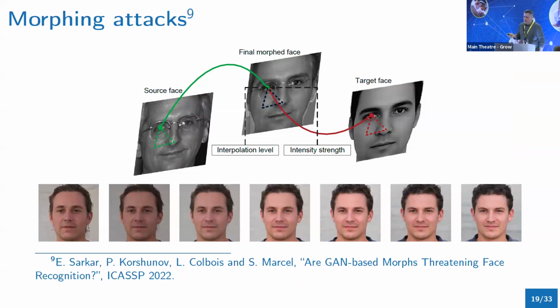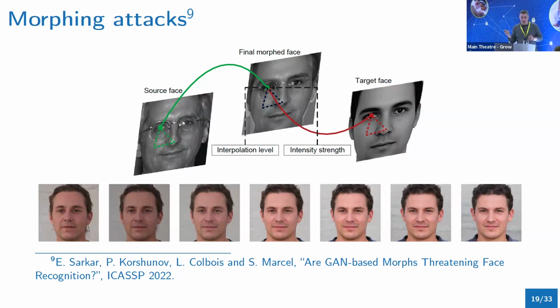There are also morphing attacks, which are a subset of the attacks on the system. Morphing is conceptually a bit different. The idea is that you try to find a mix of two people. Intentionally, you're not replacing one with another, or generating a completely fake person. You're taking two real people and blending them into one, so that the middle person looks like both of them. This is usually a border security type of scenario.